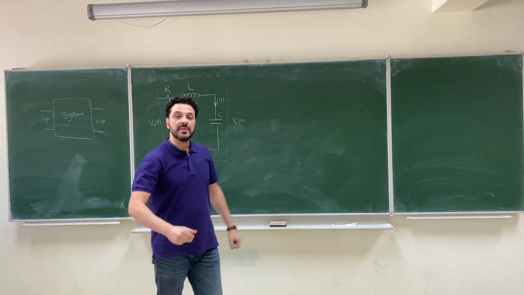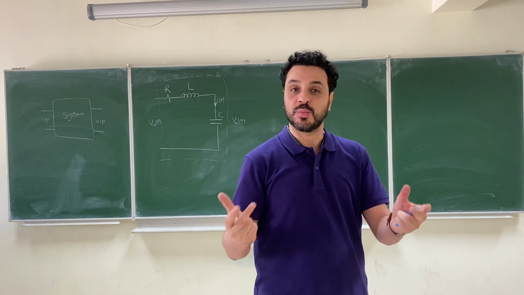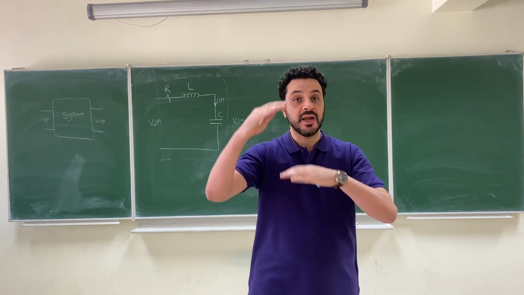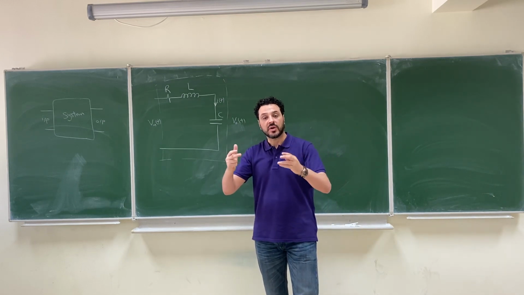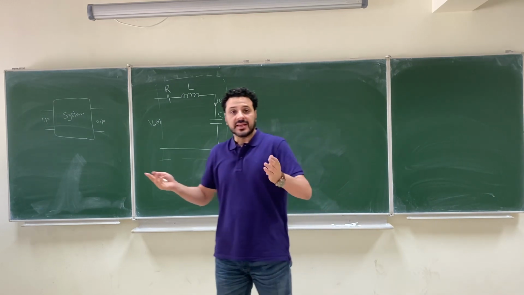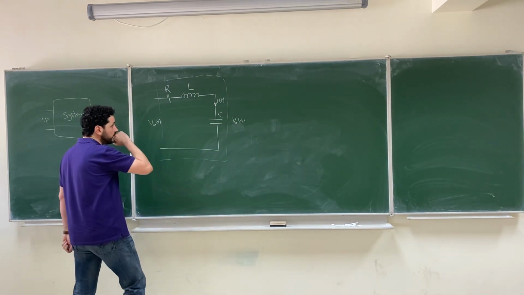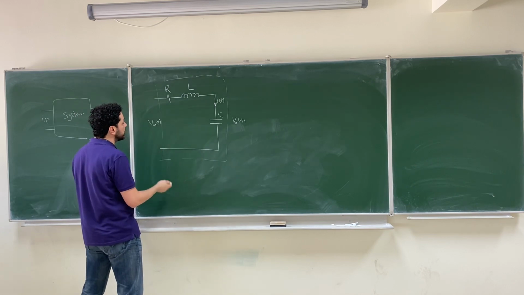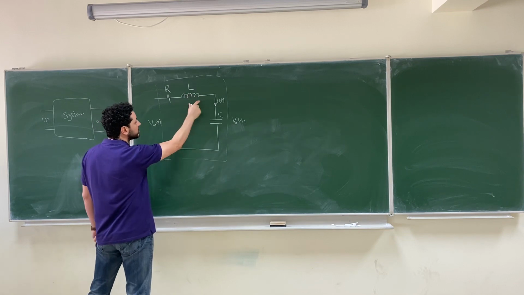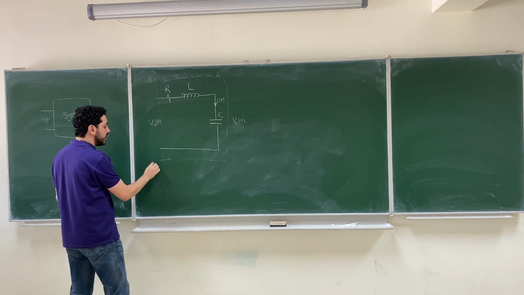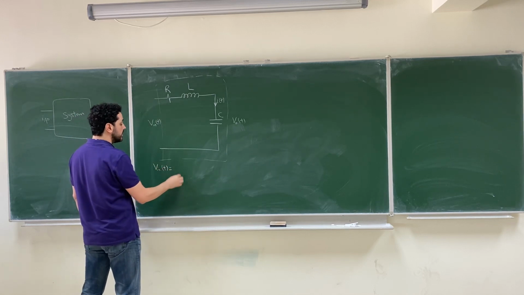Any system can be modeled using an equation, one equation or more. It can be modeled using one equation or a set of equations. As an example, if we want to model this circuit, the equation that represents this circuit is: the input voltage equals the voltage across the resistor plus the voltage across the inductor plus the voltage across the capacitor. So we can write that V input of t equals i R